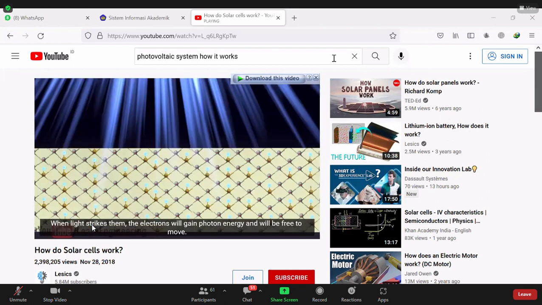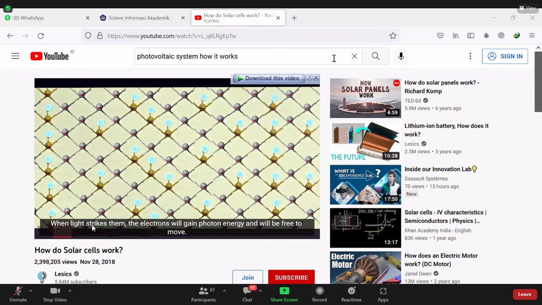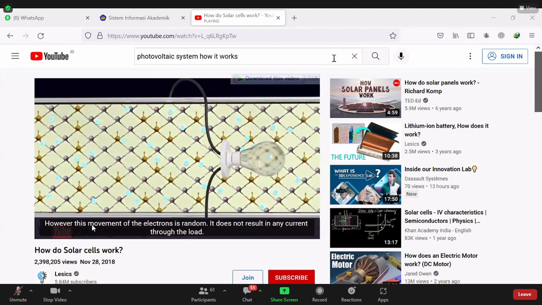Nah, however, the movement of the electrons is random. Itu tidak menembus energi dalam bentuk foton. It does not result in any current through the load. Makanya di situ harus ada dua material ya, supaya ada beda potensial, to make the electron flow in any direction,